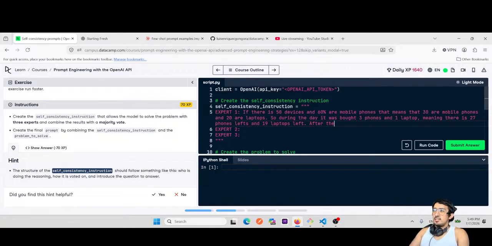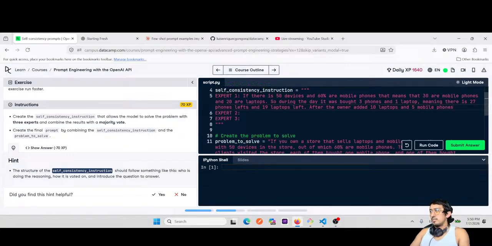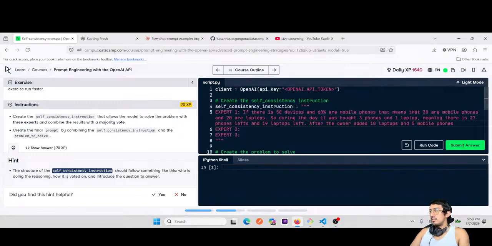After the owner added 10 laptops, 5 mobile phones. Which means that finally we will have